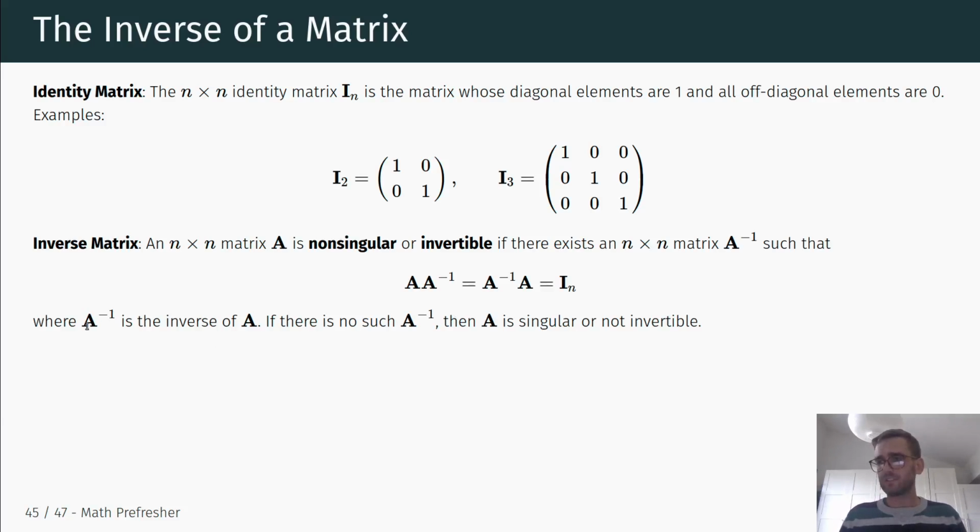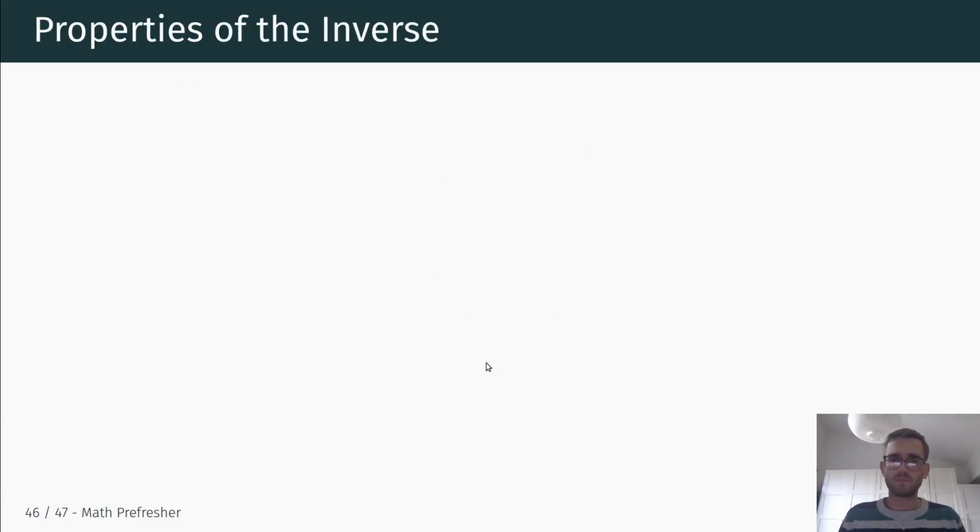And so if there is a solution where this A inverse exists, then this is the inverse of A. If there is no such A inverse, if this doesn't exist, so no A inverse exists that satisfies this condition that the product is equal to the identity matrix, then A is called singular or not invertible. There are a couple of important properties of the inverse, and they're related to linear independence, or the rank